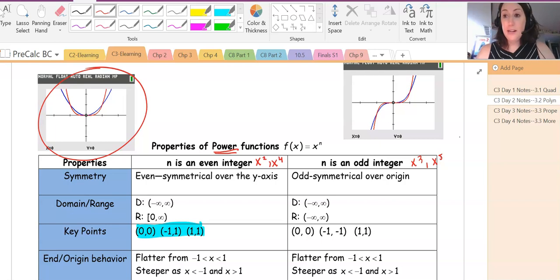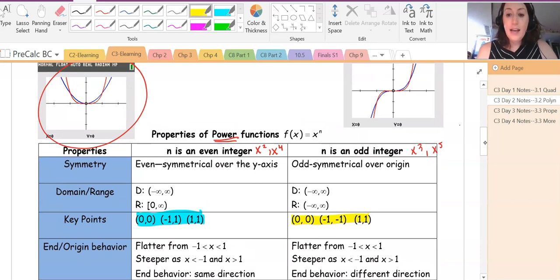Your domain and range are both all real numbers, and we can see that because think about an x cubed. It doesn't matter what number you put in, you're always going to get either a positive or a negative out. So all real numbers. You have these three key points,